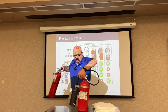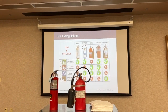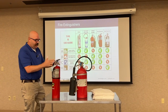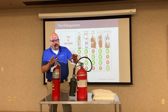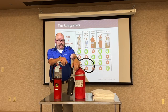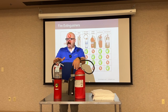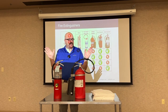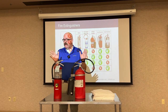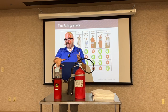All right. So for those of you that are interested in practicing with using a fire extinguisher, we have a bunch of them here today. So again, I can show you this, but until you get your hands on it, it's a little bit different. So with this, why do I have two? See the difference here? Dry chem, powder, all over the hospital, in all the cabinets. Okay, they are required to be there. They have to be less than 75 feet. General purpose, it's an ABC fire extinguisher,